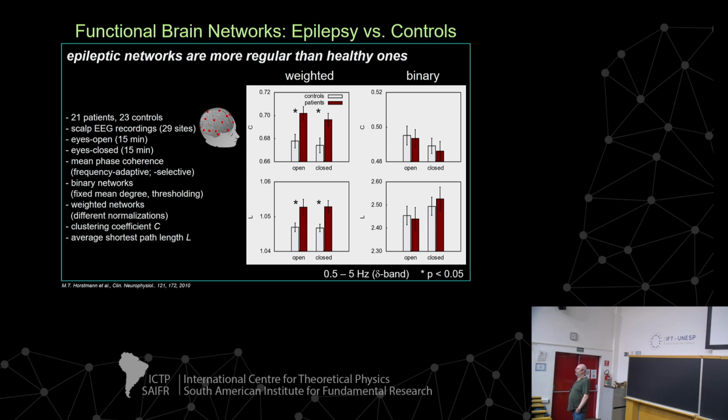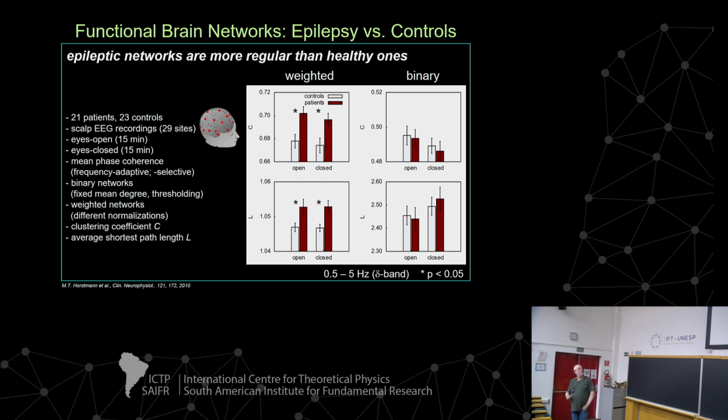This is a study where we compared data from healthy subjects and epilepsy patients with different modalities, EEG, MEG, under different conditions: eyes open, eyes closed, weighted networks, random binary networks, with and without frequency decomposition, different measures, so the whole battery of what you can find. And here I show you some findings, which is what you can read in the literature, namely that epileptic networks